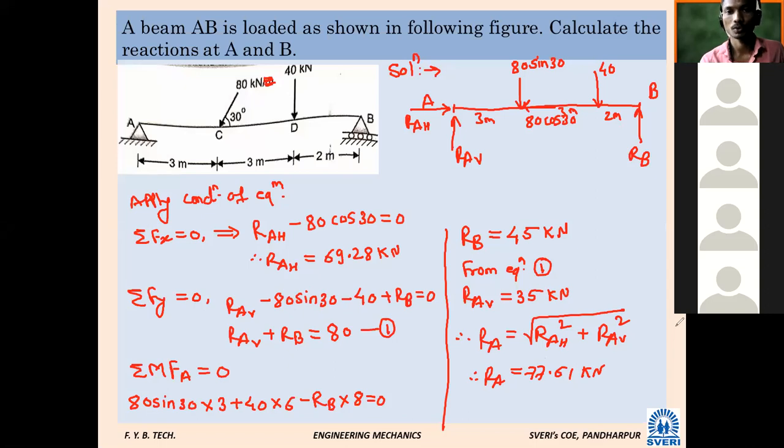Very few students are giving answers. I don't know why. Suraj, roll number 31. Yes, sir. Are you understanding? Are you having a calculator? If you are not giving the answer, it means you don't have a calculator. Is it? You have it, sir. Yes, sir. So what is the value of RA? 77.61.